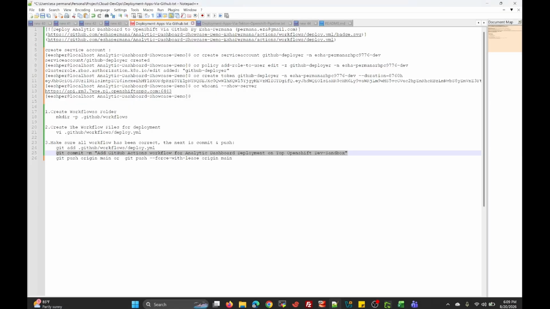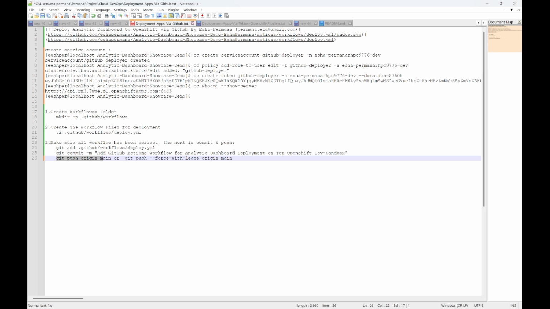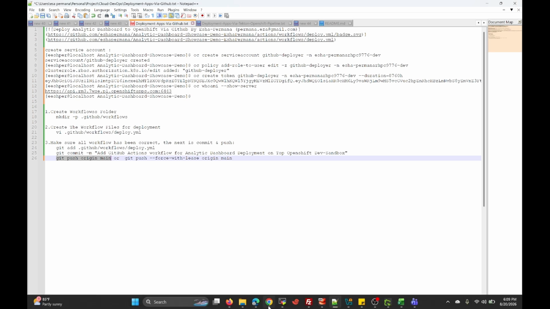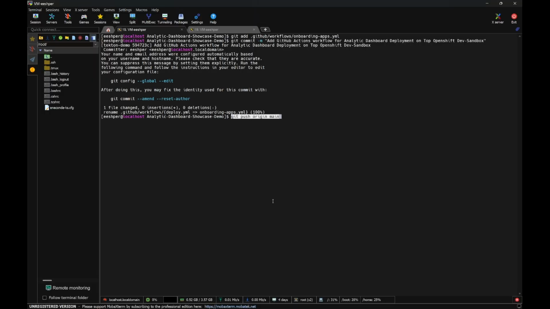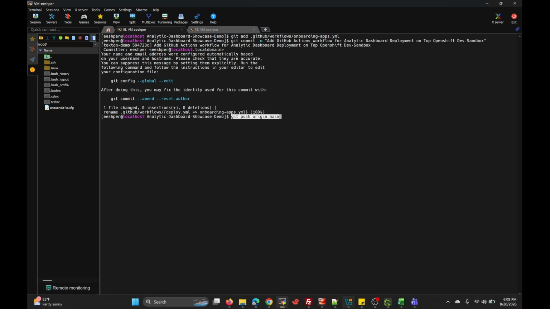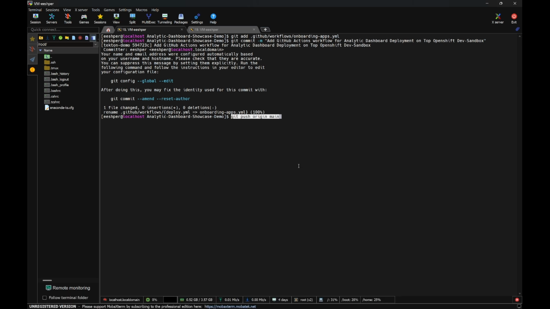Then I will push. This points to the main branch on your GitHub, because I've separated the branches. I will use the main branch for GitHub Action, and for the Tekton pipeline, I will use the Tekton demo branch.